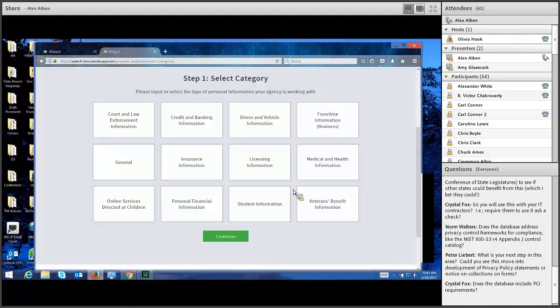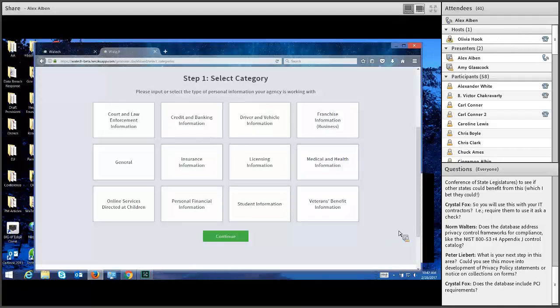Certainly city governments who don't have a lot of resources but who are processing citizen data. But we've also been approached by nonprofits and small businesses that just think this is a useful tool. So I guess we want to socialize it. We want to make it part of the product development experience for agencies inside the state.